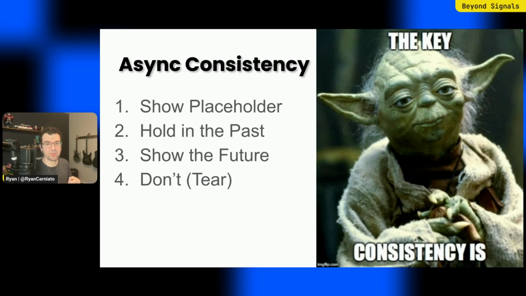You can't feasibly show the future for data you haven't loaded yet, but for data mutation, you may have enough information to mock it. That's what we call optimistic UI. Similarly, there are challenges to staying in the past, because how do you load the present or the next state if you can't update that state because you're showing it on the screen?